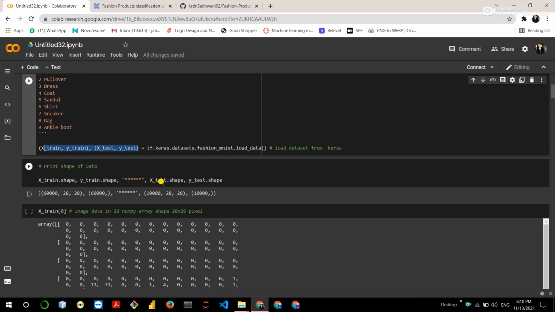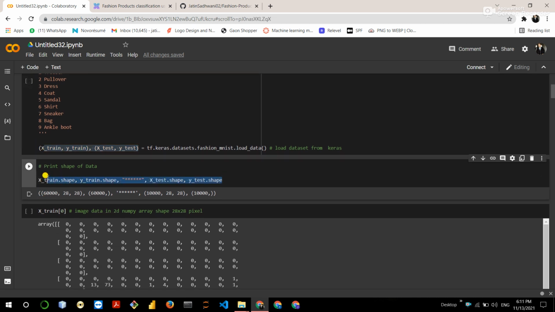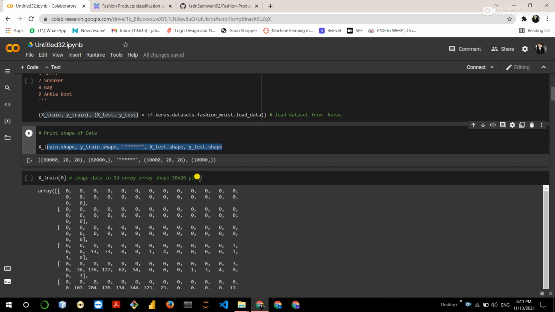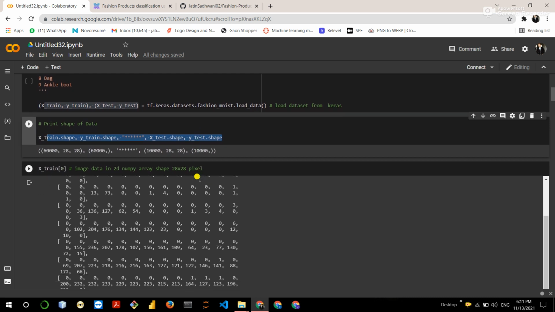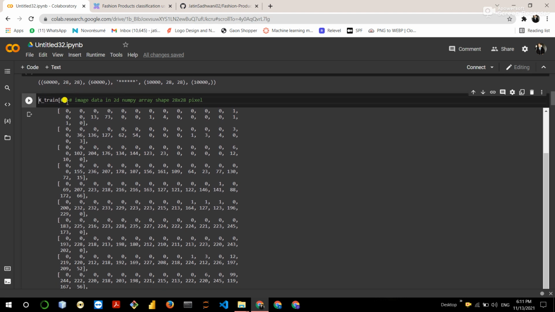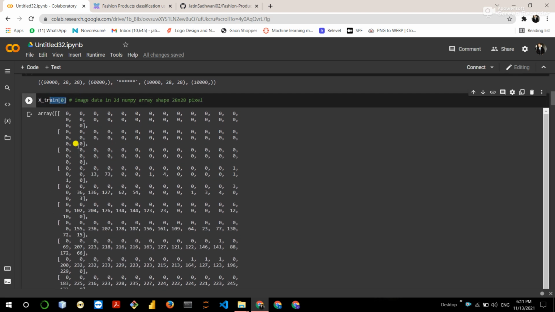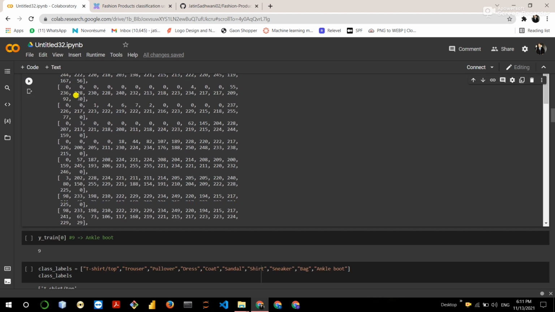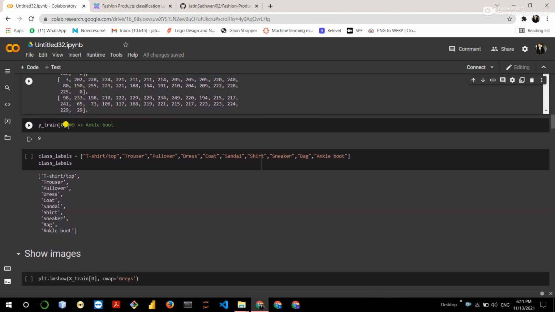Then check the shape of the four datasets: xtrain, ytrain, xtest and ytest. After checking the shape, we see the first image, the zero index image. The image is in the form of a three-dimensional array, and you can see the result of the zero index image.